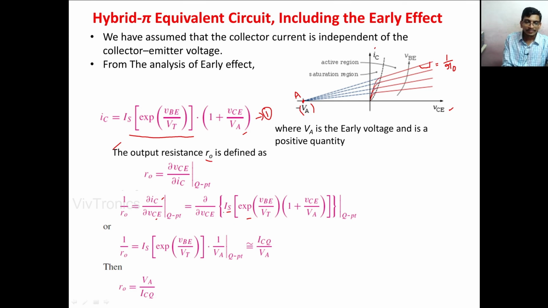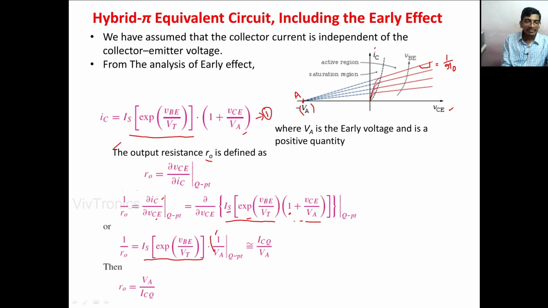at the Q point. When we differentiate this equation with respect to VCE, the terms Is times exponential of VBE by VT are constant, which can be taken outside. The differentiation of 1 is 0, and 1 by VA is also a constant which can be taken outside, and ∂VCE by ∂VCE becomes 1. Therefore, the resultant of this differentiation is 1 by VA. So 1 by R naught is equal to Is times exponential of VBE by VT times 1 by VA